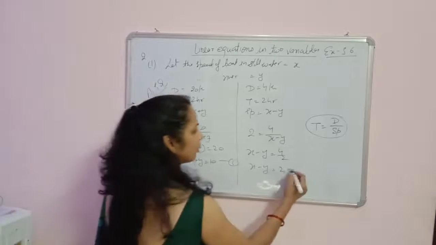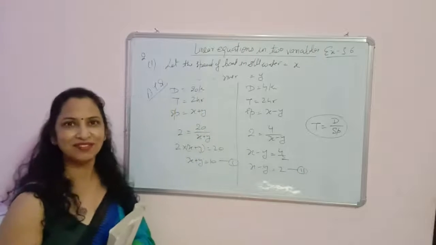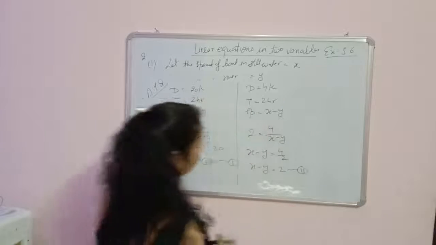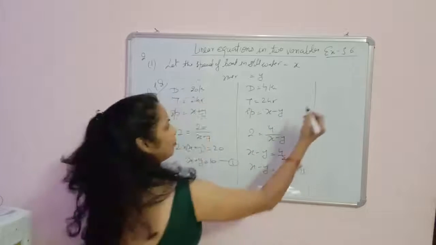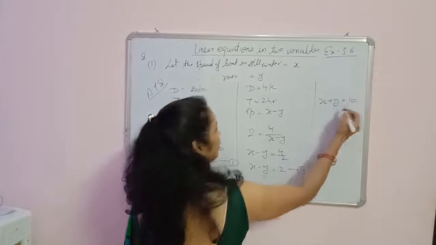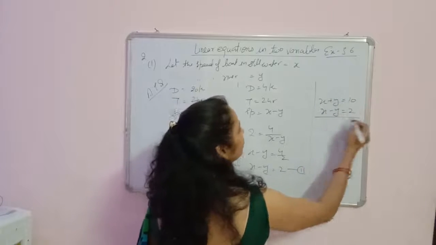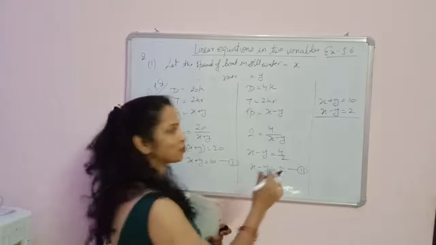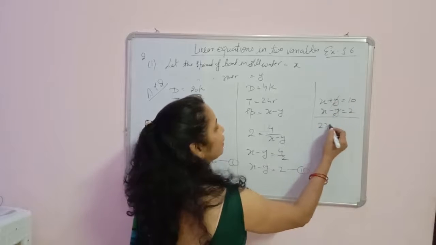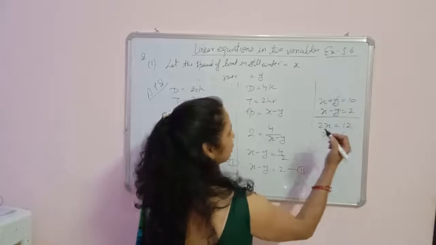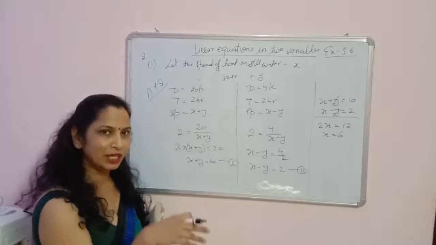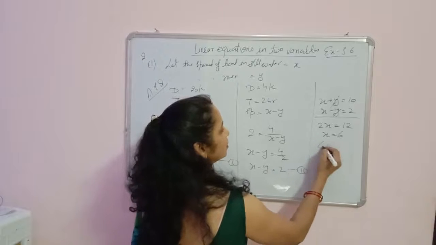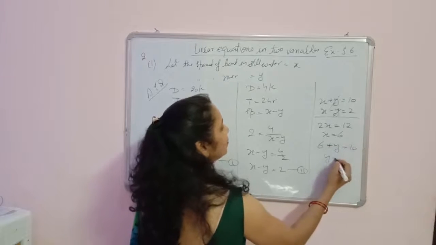I think these are very simple equations. You can solve them yourself, or if you have a problem, you have Zoom classes. Okay, I am going to complete this question. x plus y is equal to 10, x minus y is equal to 2. I will tell you why I am completing this question. By adding the equations, we get 2x is equal to 12 and x is equal to 6. By putting the value of x in either equation, we get 6 plus y is equal to 10, then y is equal to 4.